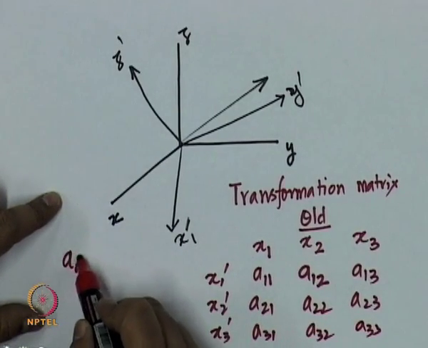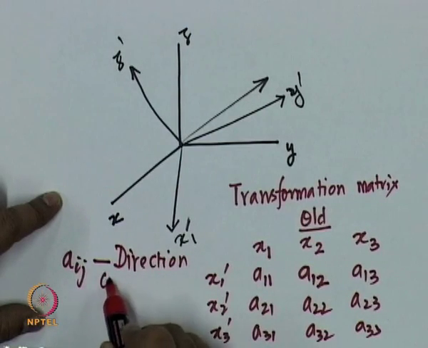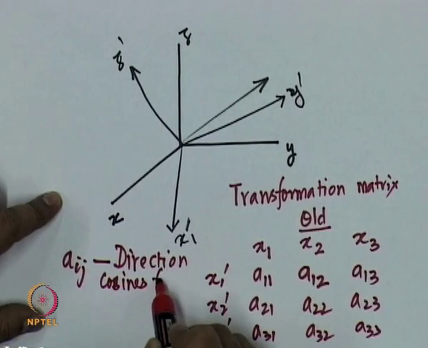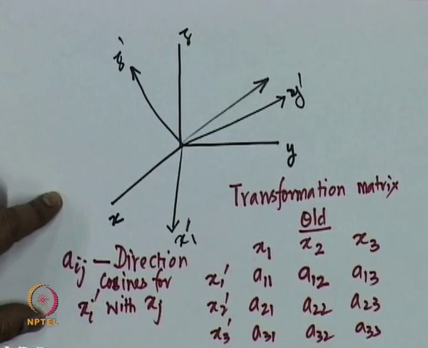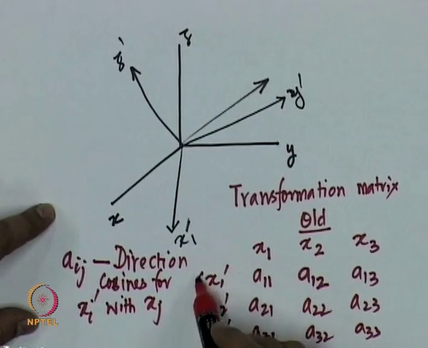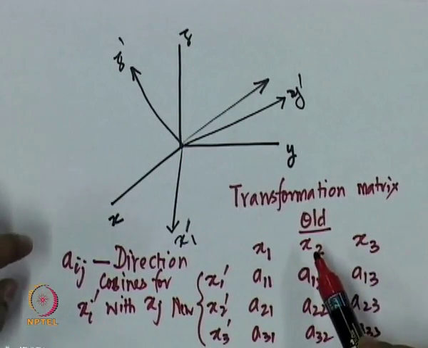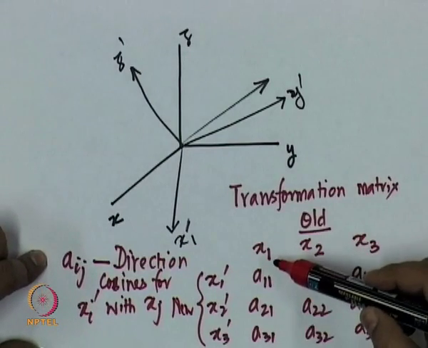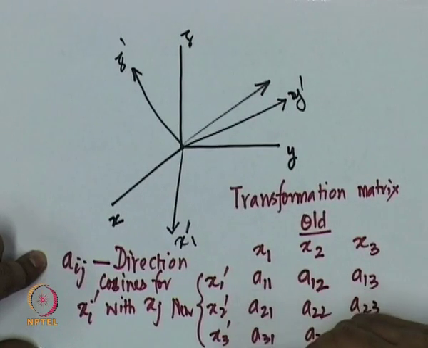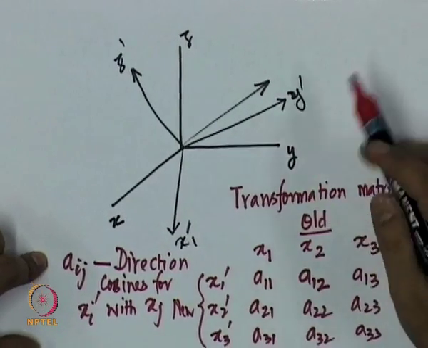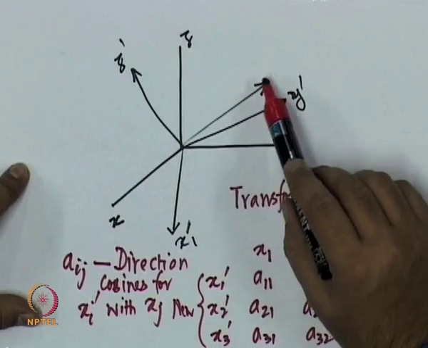These Aij's are direction cosines for xi prime with xj, where prime is the new one and unprimed are old coordinates. So, when you do a coordinate transformation from x1, x2, x3 to x1 prime, x2 prime, x3 prime, or xyz to x prime, y prime, z prime, then we want to know what is the effect on the components that we are going to find out for this